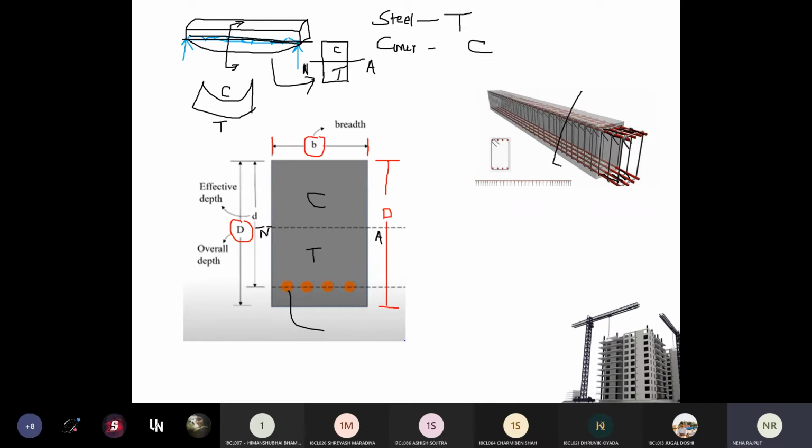If you take the cross section of this beam, as you can see over here, reinforcement is provided at the top side also and at the bottom side also. So this cross section is showing the top bar and bottom bar, and this is called the stirrups. I will show you one video also where you can see the placement or execution of this reinforcement bar. Here the stirrups are tied with the top and bottom bars.